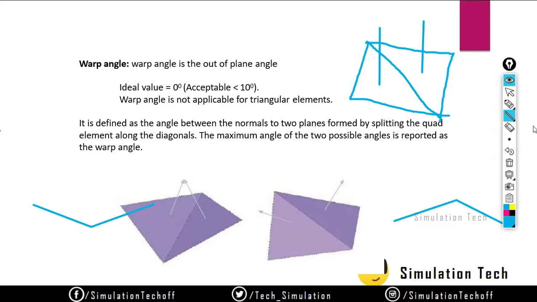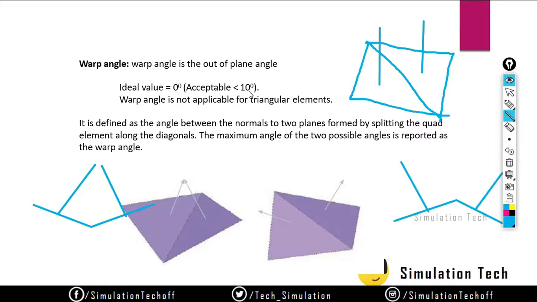So if it is like this, the line should be like this. There won't be any angle. There is an angle. So if it is like this, the line should be this. It is in the front view. Okay, there is a tilt. That angle. If you have a zero angle, right now it is parallel. You know that parallel lines should have an angle of 0 degrees. So that is the ideal value.